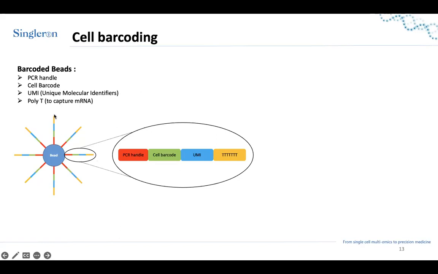One mRNA per one oligonucleotide. The green region, the cell barcode, is the same on all these molecules on the same bead. So one bead has one cell barcode. Another bead will have another cell barcode. However, the blue region, the unique molecular identifier, is different from one molecule to the next. So each of these molecules will have a different UMI. When an mRNA molecule is captured by one of these oligonucleotides, it will receive a unique